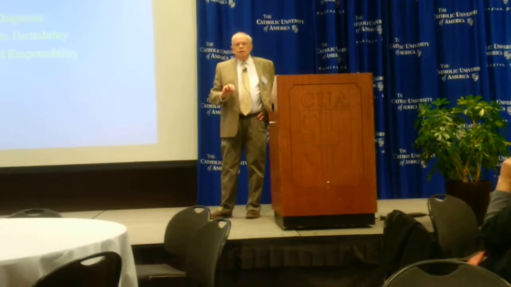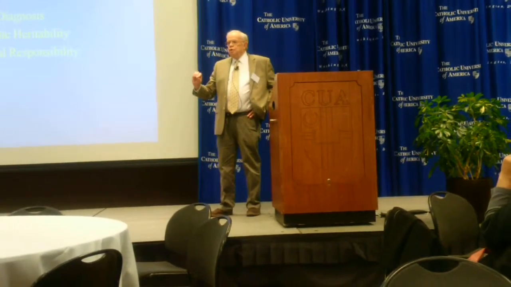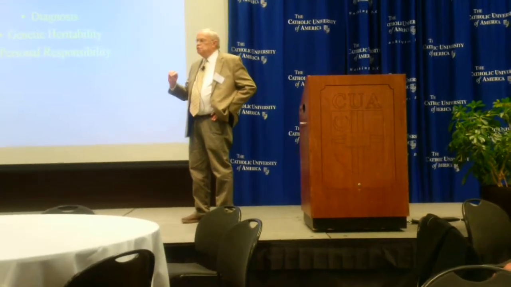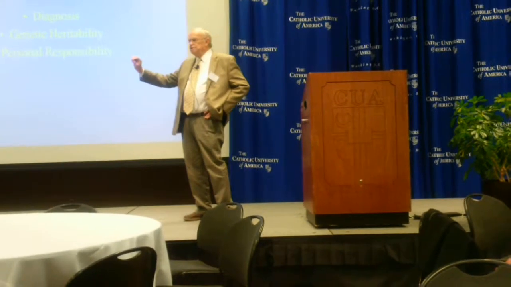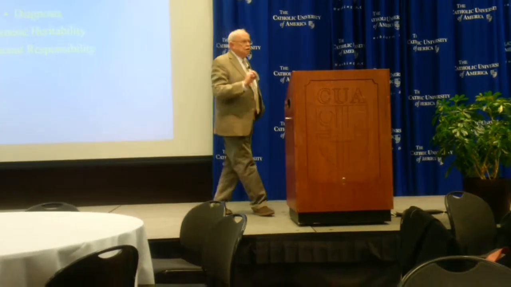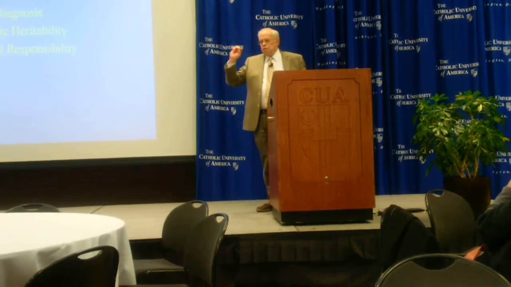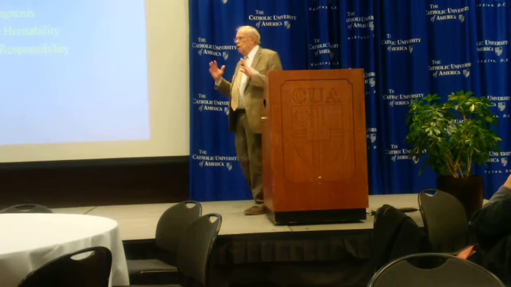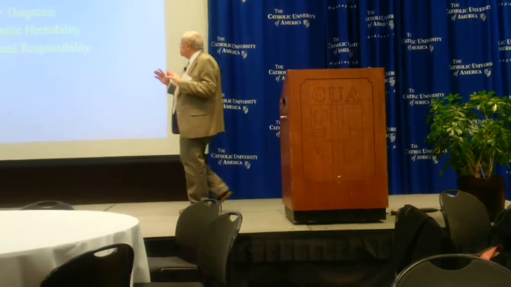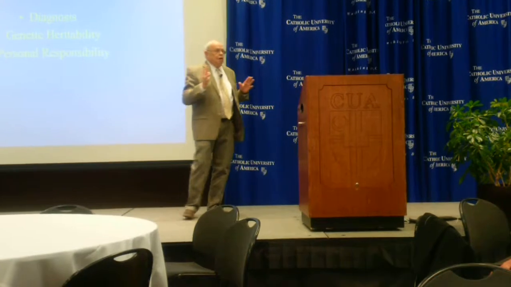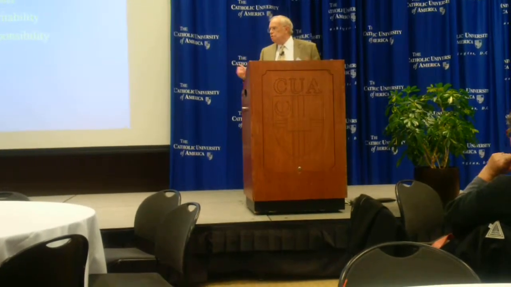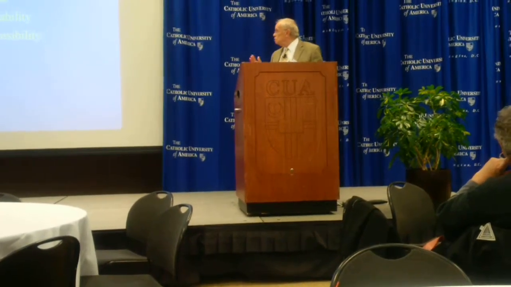For asthma, it's between 0.3 and 0.5. And for hypertension, it's between 0.4 and 0.6. And when we look at it for addiction, it's between 0.35 and 0.6. So it's right in the range with other chronic illnesses as far as genetic heritability goes. So we do have evidence that addiction, like these other chronic illnesses, has a genetic foundation.